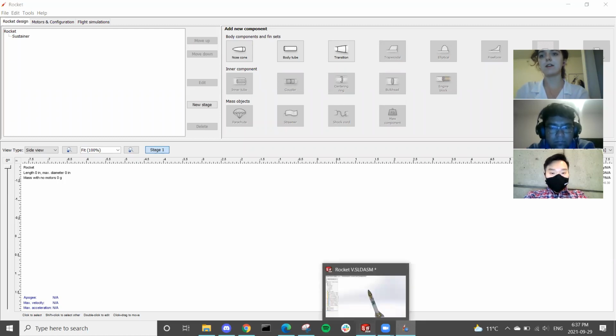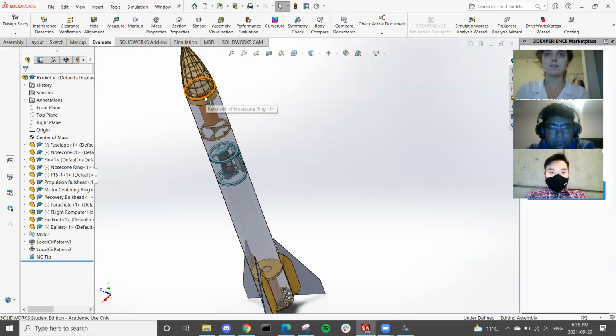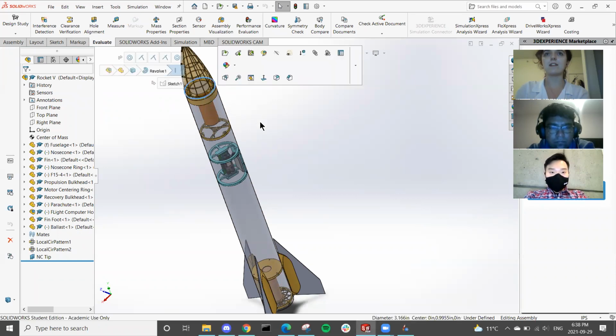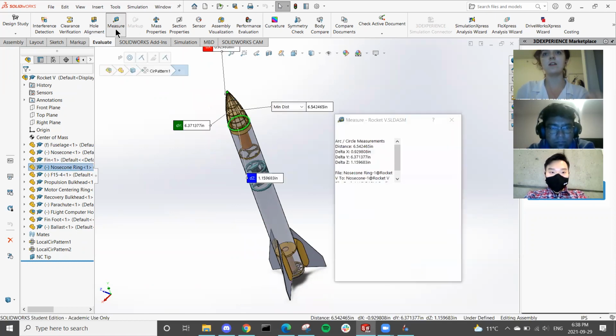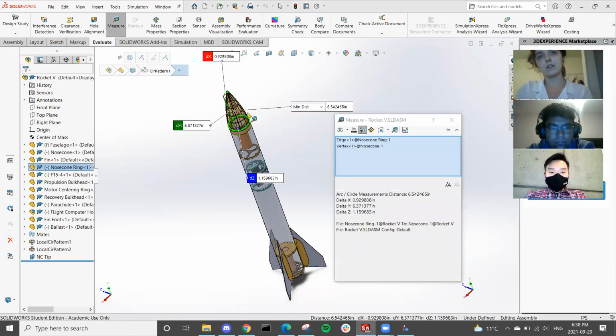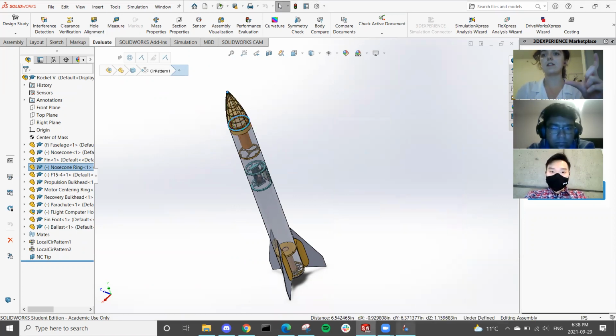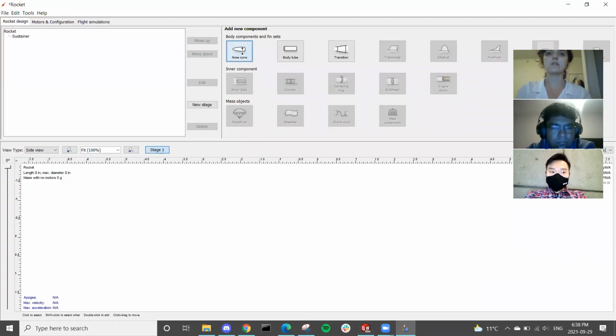So I'm going to go in, and we're going to have to take some measurements. Normally we have these things recorded in a spreadsheet somewhere, so you don't have to actually measure, you can just type it in. So this is the nose cone. The distance here, we'll say it's 6.37 inches. So that's the nose cone length. If you click on nose cone,